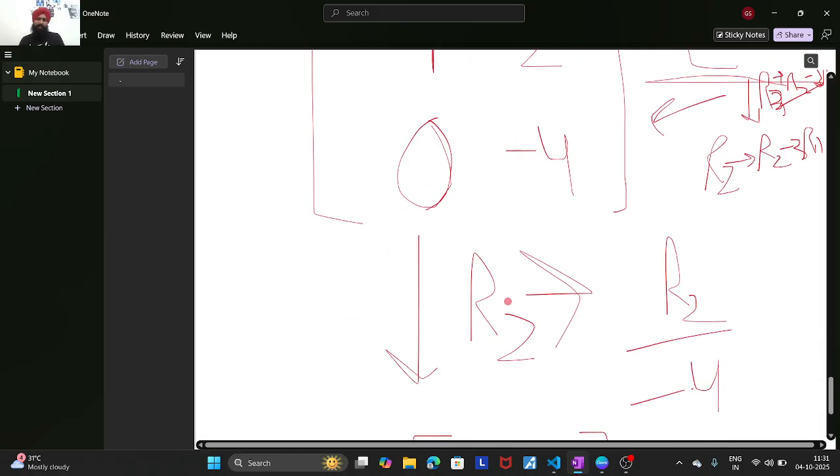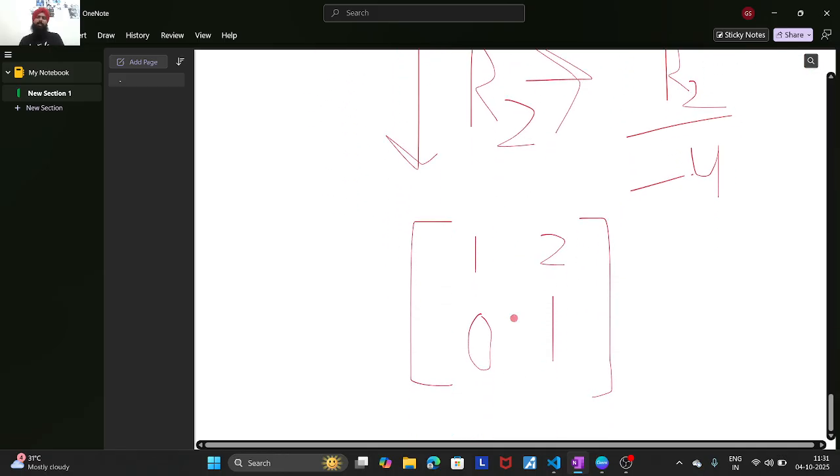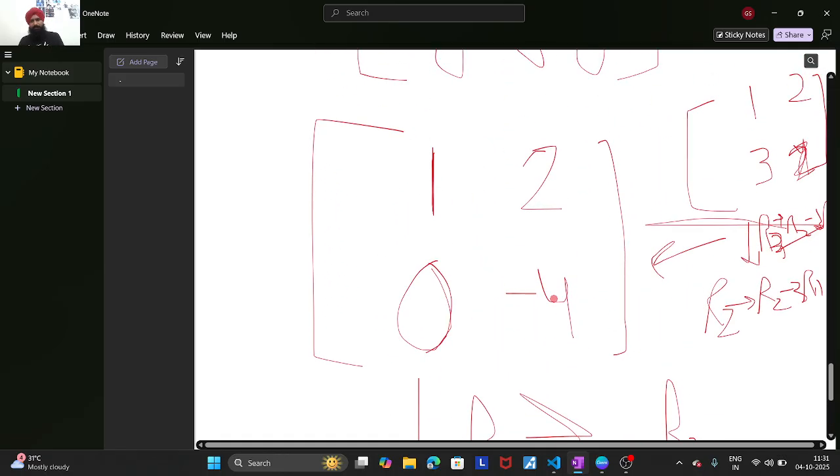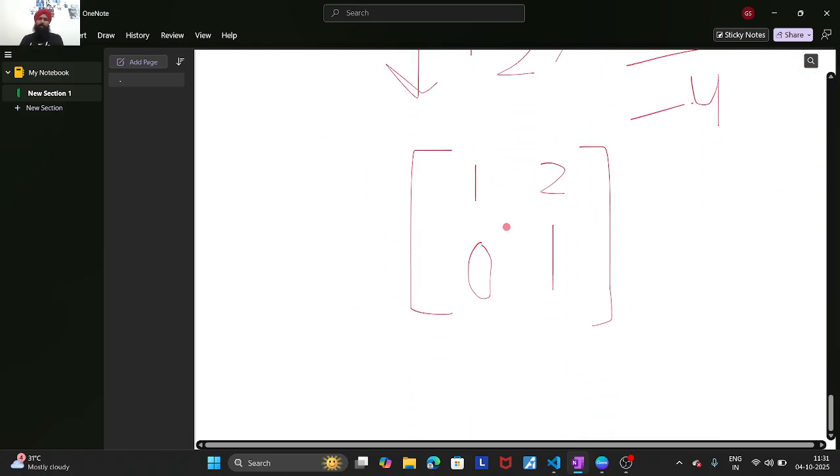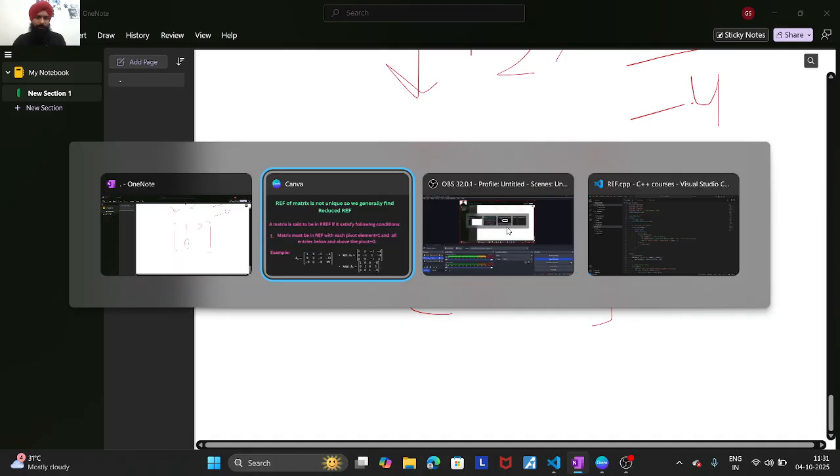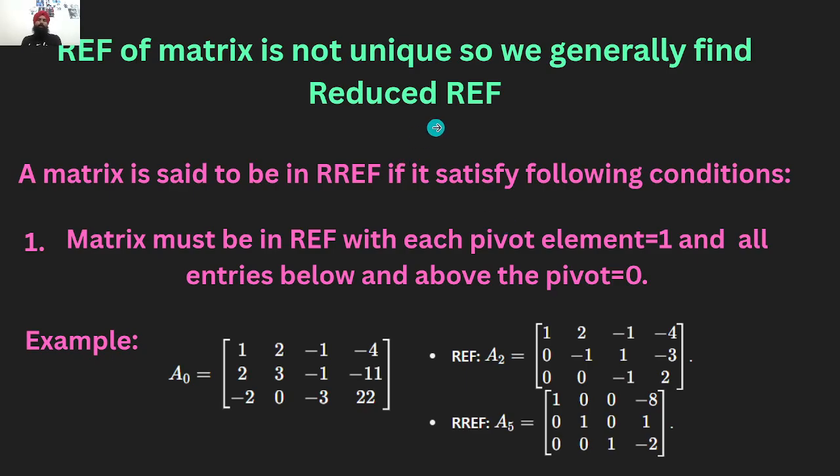And when we use this elementary operation R2 changing into R2, then we get this matrix. So both of these matrices are derived from this matrix, but both of these are in row echelon form. So we can easily say that the row echelon form of a matrix is not unique. So because the row echelon form of a matrix is not unique, we generally find the reduced row echelon form